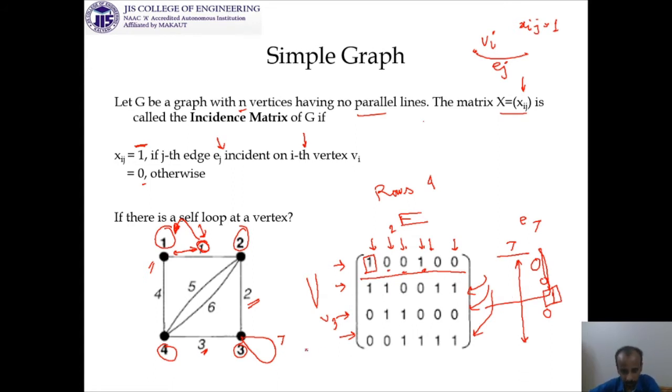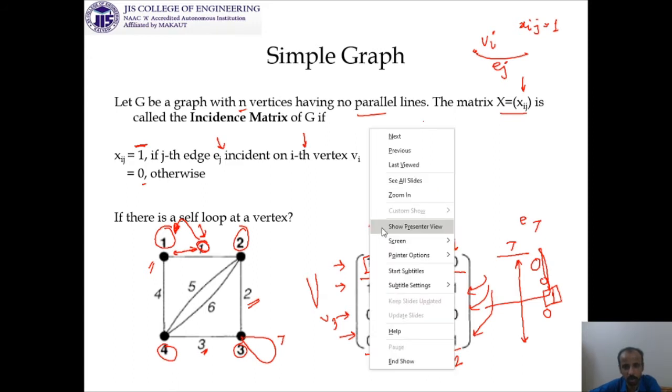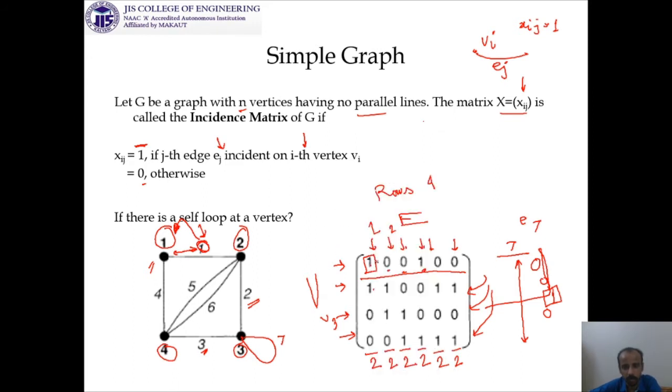What is the problem? Take this sum: 1, 1, 2; this sum 2, this one 2. Why is it coming out the same? Because it is obvious: all these are nothing but the contributions. Every edge, edge number 1, edge number 2, all these edges have the same contribution. So the first edge, second edge, third edge, all are the same.